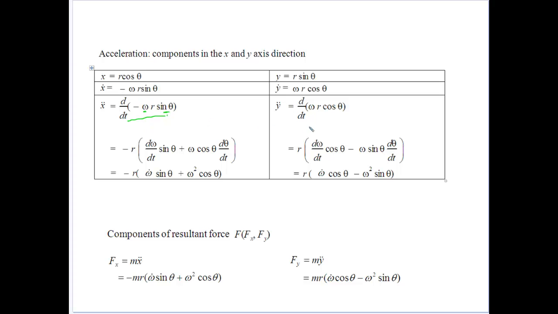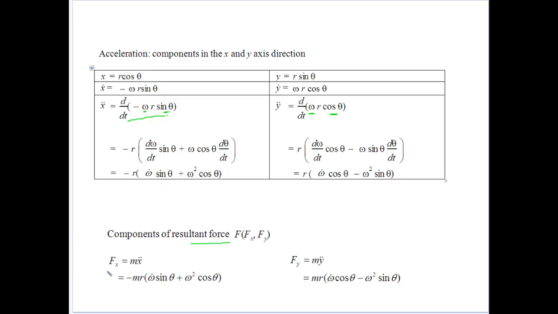To get the acceleration in terms of y, we do the same. We've got two functions there. Our r comes out the front because that's a constant. And so we derive omega with respect to t, leave cos theta, leave omega, and derive cos theta with respect to t, which would be d theta by dt. Remember, omega is d theta by dt already, so that's why we're just getting the second derivative there, or the derivative of the angular velocity. So when we look at that,